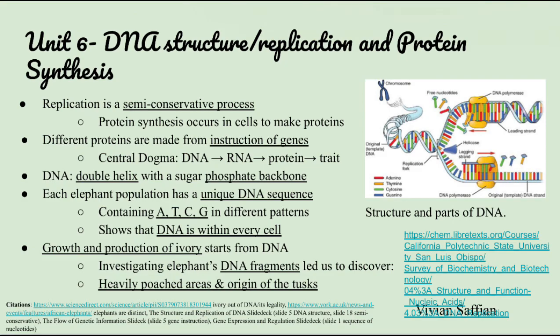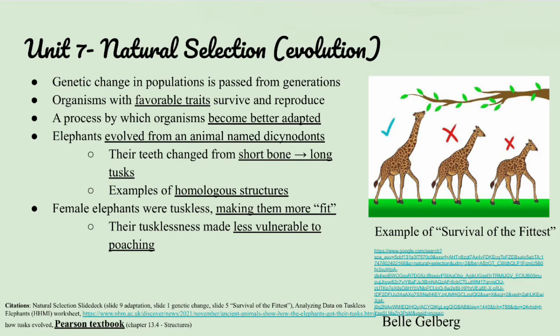Lastly, we figured out that the growth and production of ivory starts from DNA. Investigating the elephant's DNA fragments led us to discover the heavily poached areas and the origin of the tusks, so that we can figure out the hot spotted areas where the poachers were going, so that we can put an end to poaching. So for Unit 7, which is natural selection, also including evolution, we learned that genetic change